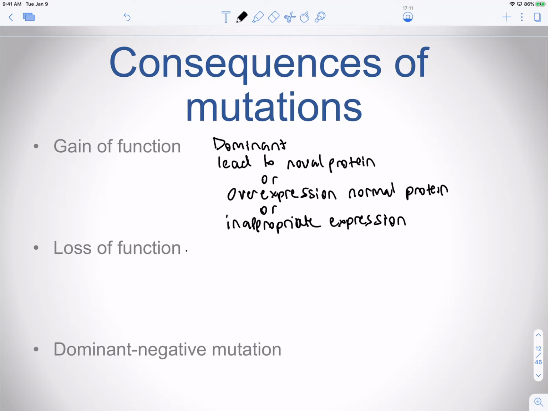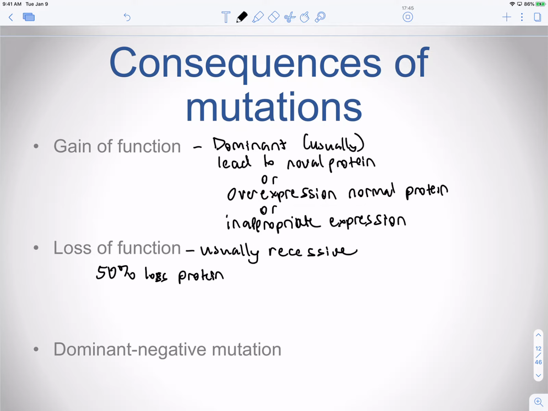A loss of function mutation is usually recessive. And you're going to lead to situations in which you're not producing enough of the protein. Depending on what the protein is, it will lead to either a very strong phenotype or a mild phenotype. So you can have 50% loss of protein, and this will lead to what's called haploinsufficiency. And so haplo just means half, and insufficient means you're making half of the protein, so it's an insufficient amount. In a normal individual, you make 100% of whatever the protein was, and so by losing that ability, it's referred to as haploinsufficiency. An example is the LDL,